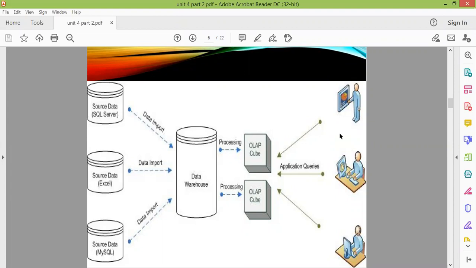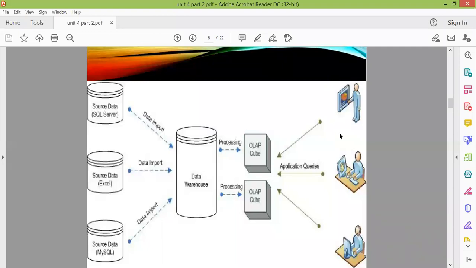The first data is stored in SQL Server, then the data is stored in Excel form, then the data sources of MySQL. So you can see we have different types. So this is database heterogeneity. All the databases are heterogeneous in nature. They are not common. They are stored on different platforms, so they are different.